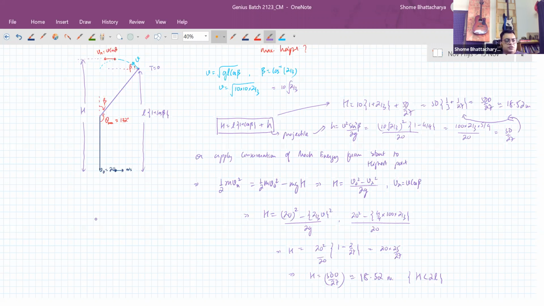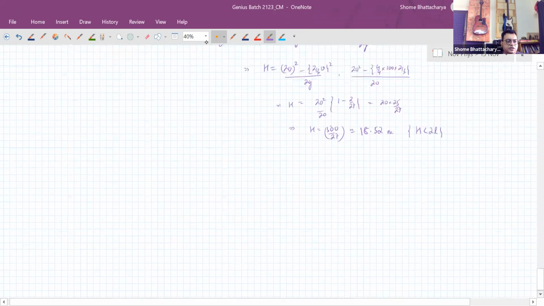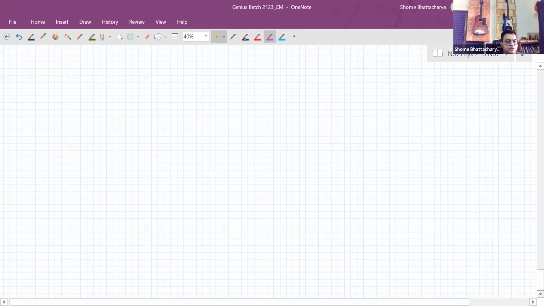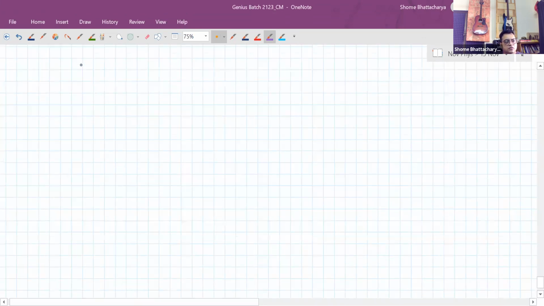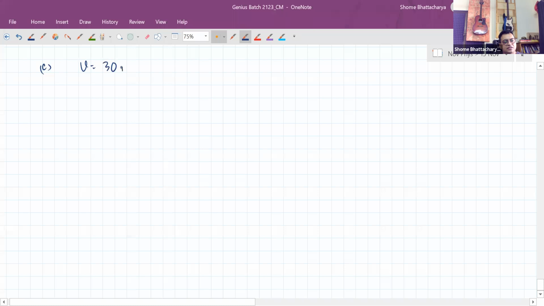Okay, so this one is clear, I hope, and let's move on to the last part. Last part is again easy because you know it will complete vertical circular motion, since V naught is greater than root 5 GL, so it not only completes vertical circular motion